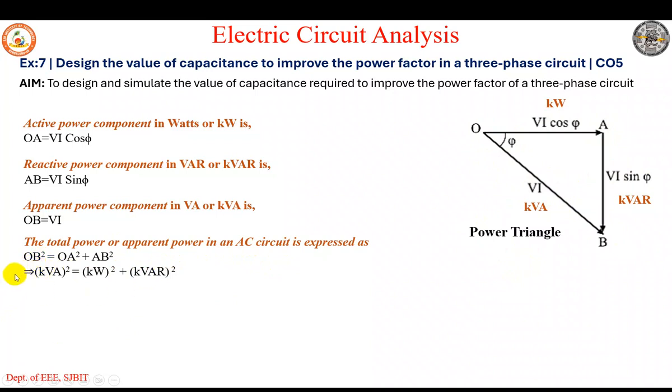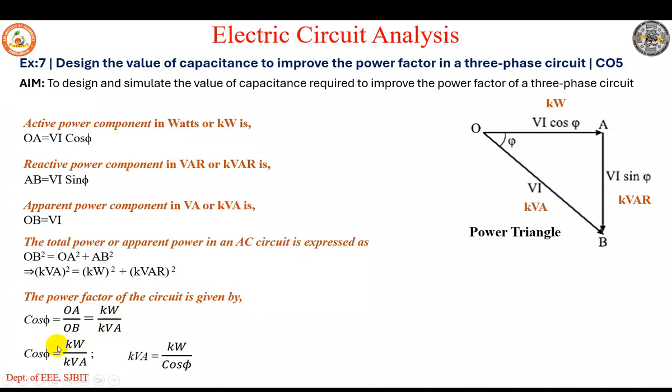Expressed as per Pythagoras theorem, we are aware of this equation: OB square is equal to OA square plus AB square, representing with those units. We know the power factor is defined as the cosine of the angle between voltage and current, or it is P by S, that is kW by kVA. So we can rewrite this as cos phi is equal to kW by kVA, or kVA is also equal to